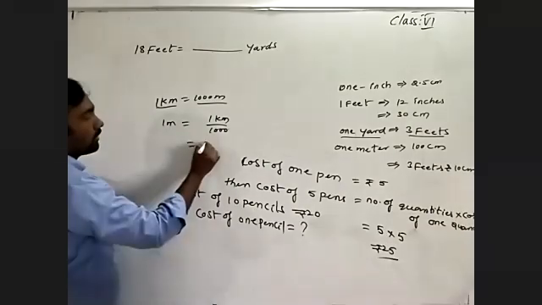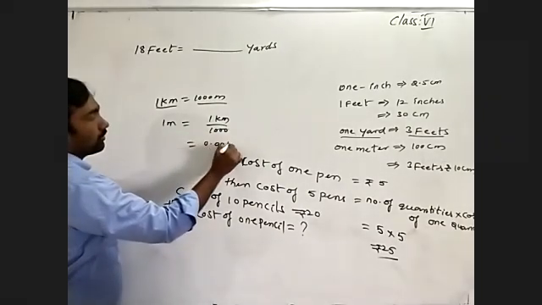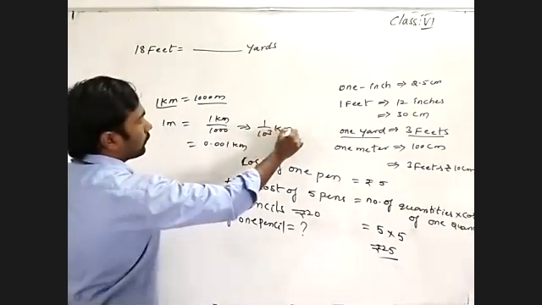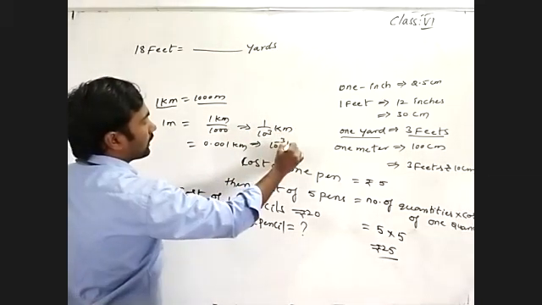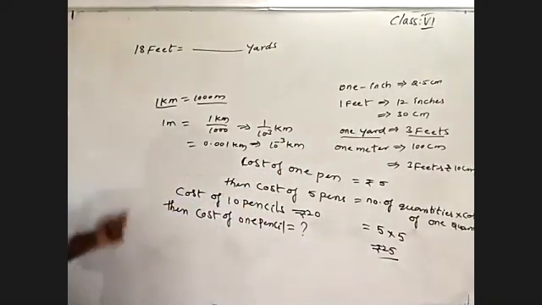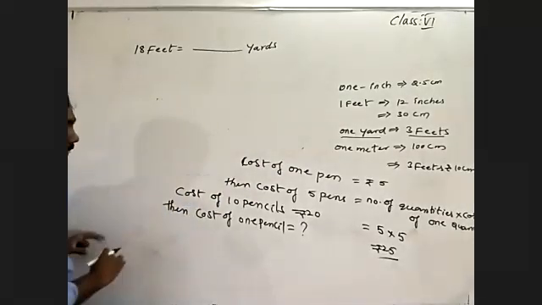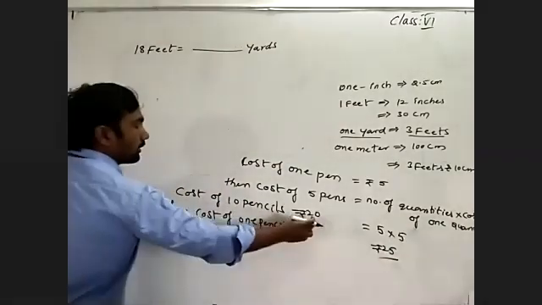So by that what we got at 0.001 kilometers. Otherwise we write it as 1 by 10 to the power of 3 kilometer, same as 10 to the power of minus 3 kilometer. In the same way, here, see, cost of 10 pencils, they given 20, then cost